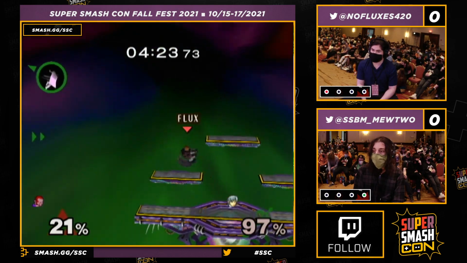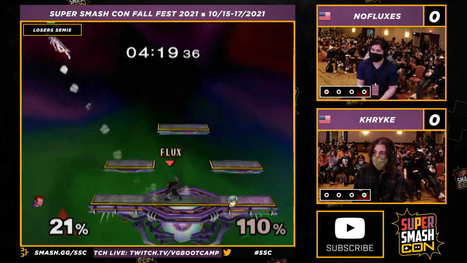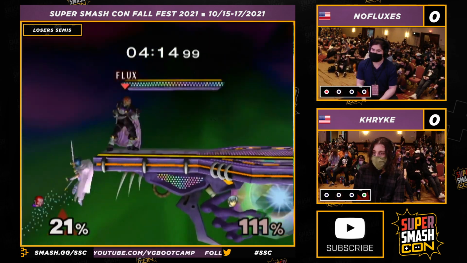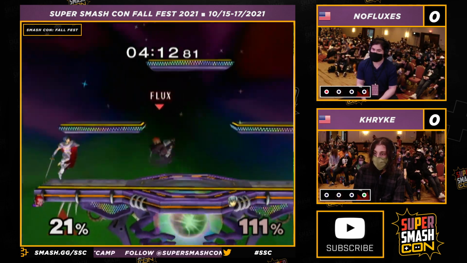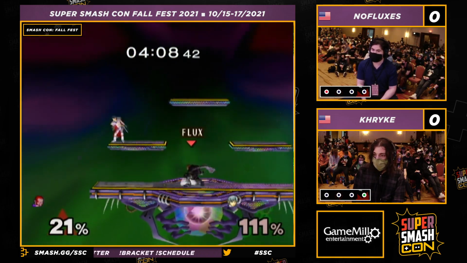That's fine. The back air sends Marth off the stage. It might be the end of the stock. Oh, but a tourney winner makes it so that NoFluxes can't cover that option, but Khryke running into another back air. This is so dangerous, actually. Khryke needs to make sure that back air is so well spaced, not so...